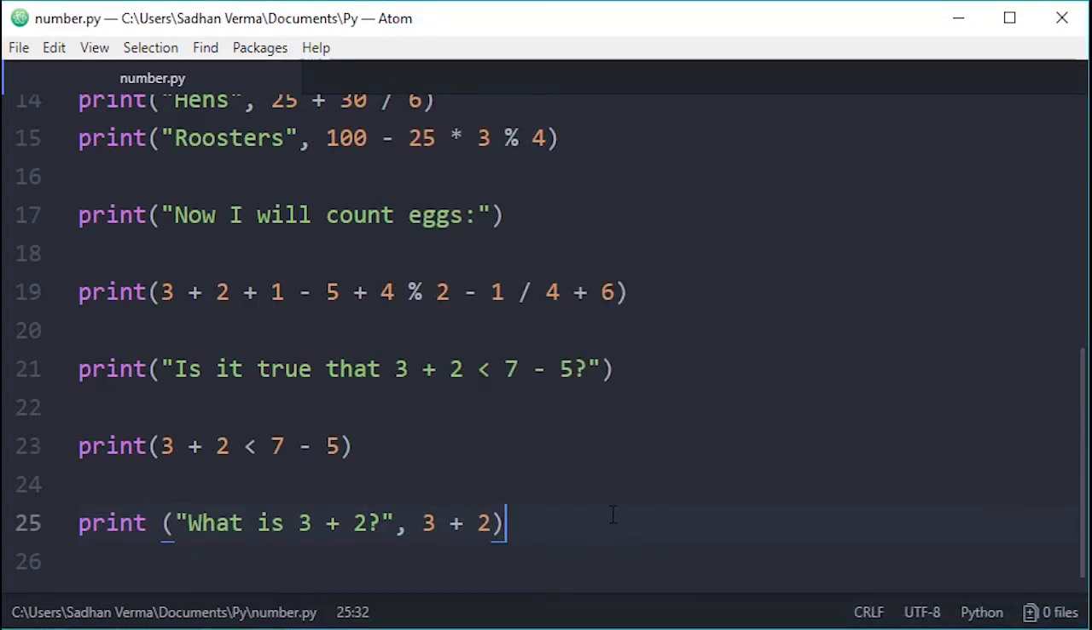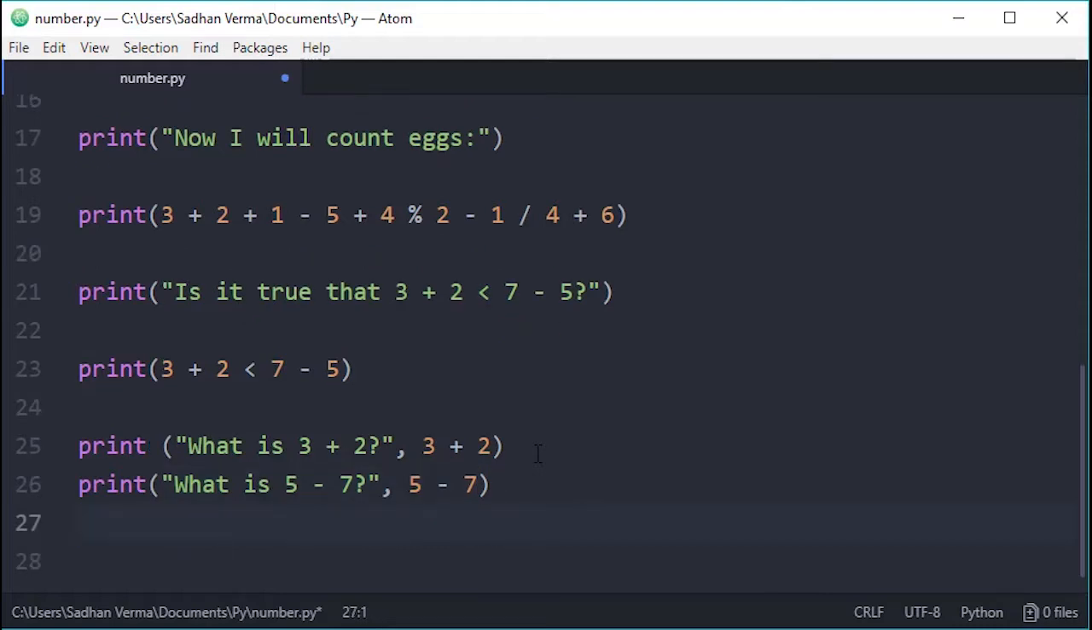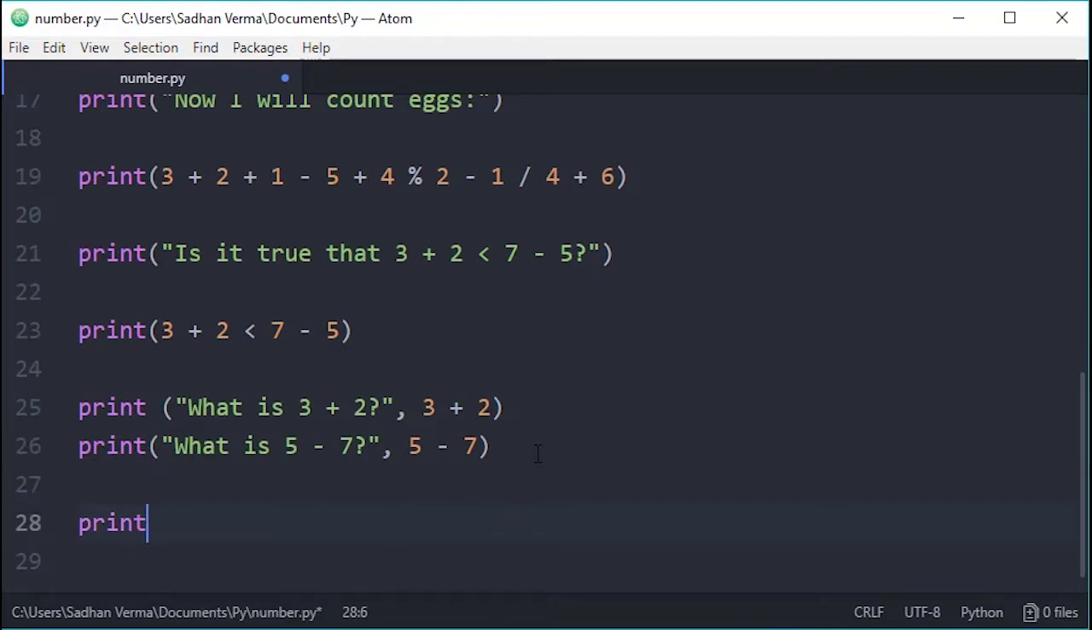So I am going more for printing, so typing here something like again print for printing another line here, and typing here, sorry, it is what is 5 minus 7? What is 5 minus 7? And giving a comma here outside the inverted comma, typing here 5 minus 7. Okay, 5 minus 7, and doing something more, typing here print, print, and typing here